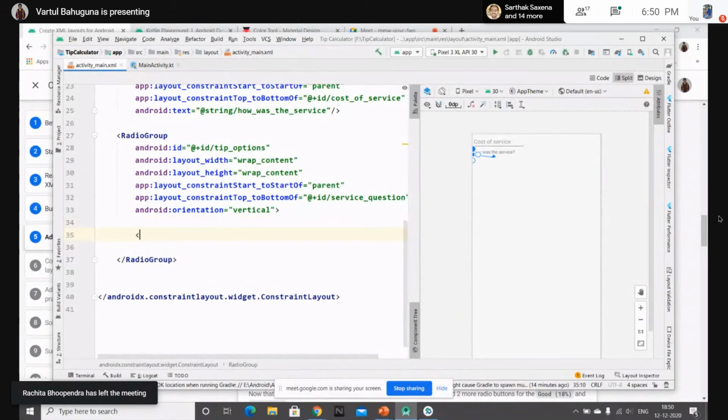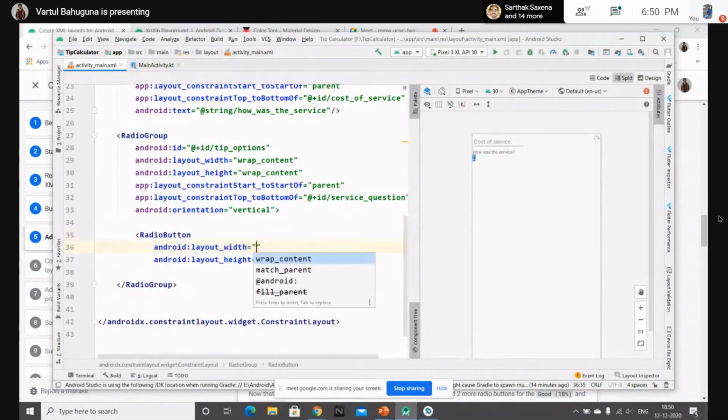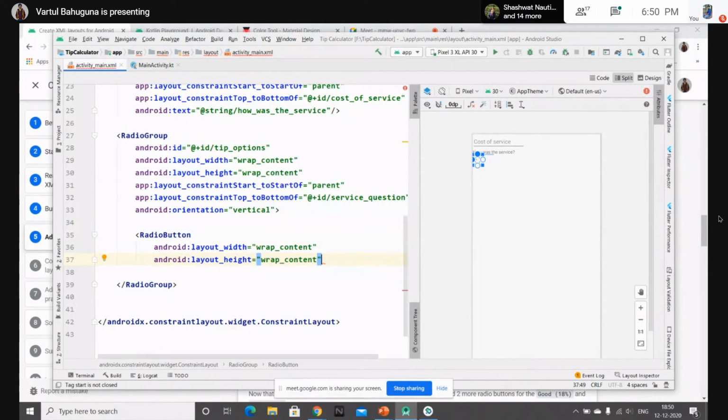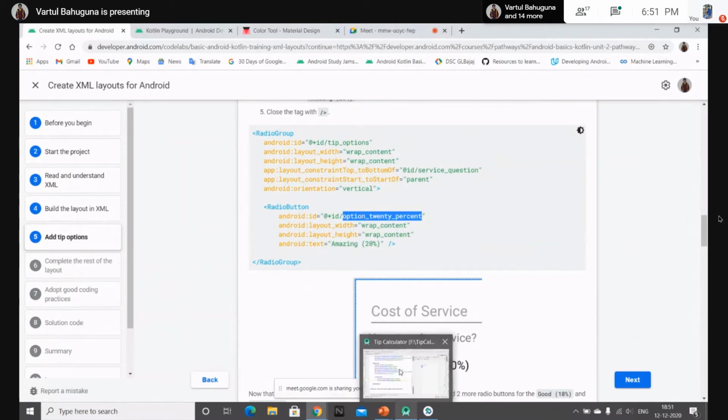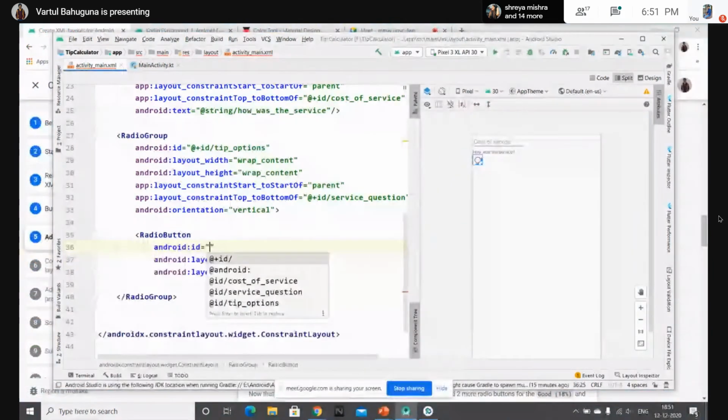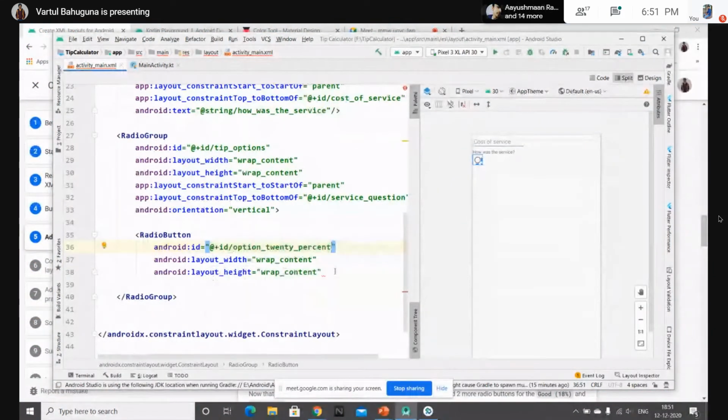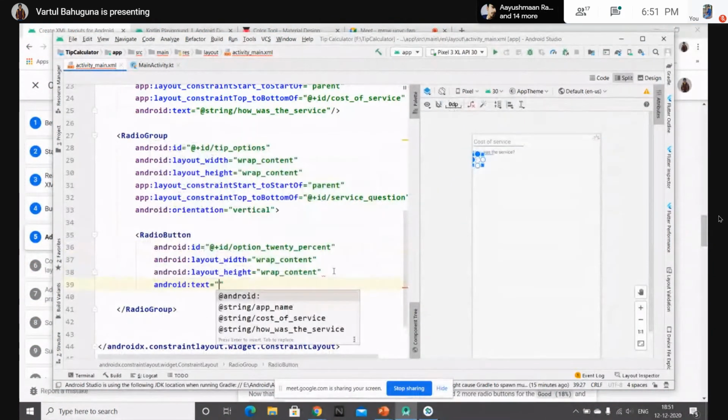Let's make some space and then type radio button. The width is wrap content, height is wrap content. The text is amazing 20% and the ID is option 20%. Save the ID and the text.